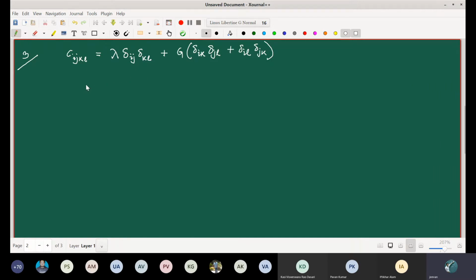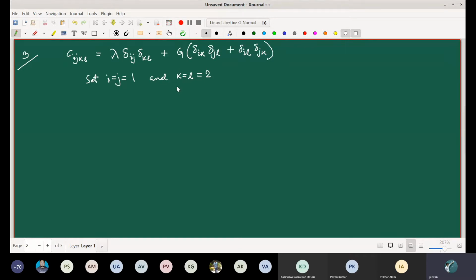Now the motivation is to do like this. We have been asked to find out expressions for lambda and G. Generally for this, we have both lambda and G present. So can we perhaps choose such indices for this i, j, k and l that maybe this term vanishes? And we can do that easily. So suppose we take, okay, set i equal to j equal to 1 and k equal to l equal to 2.